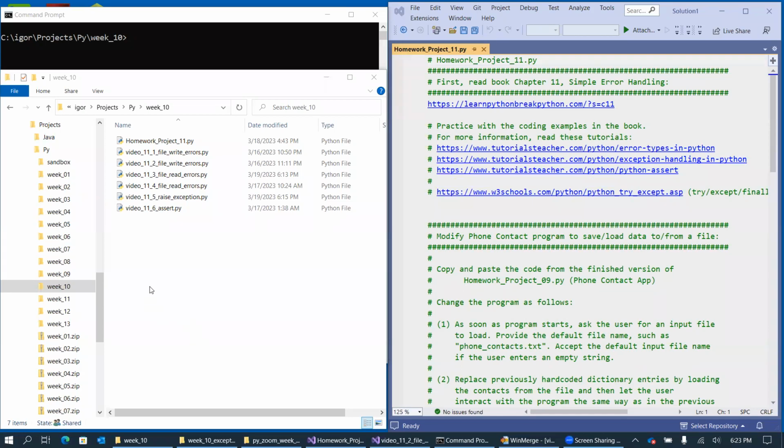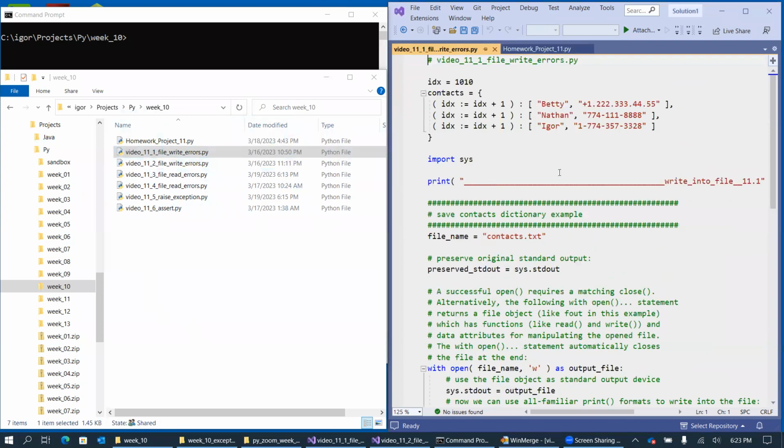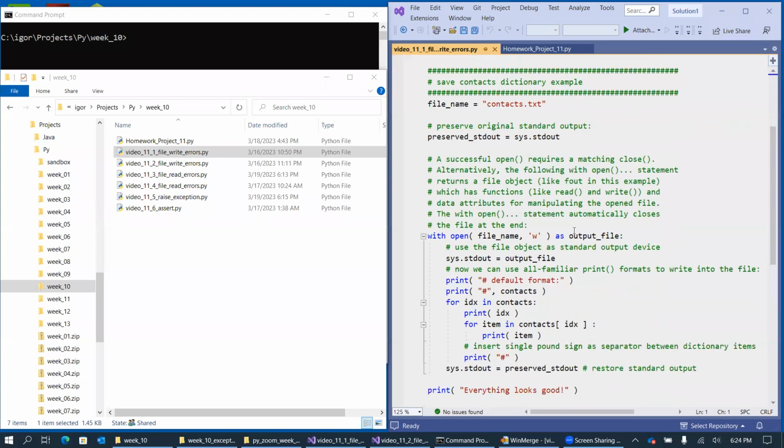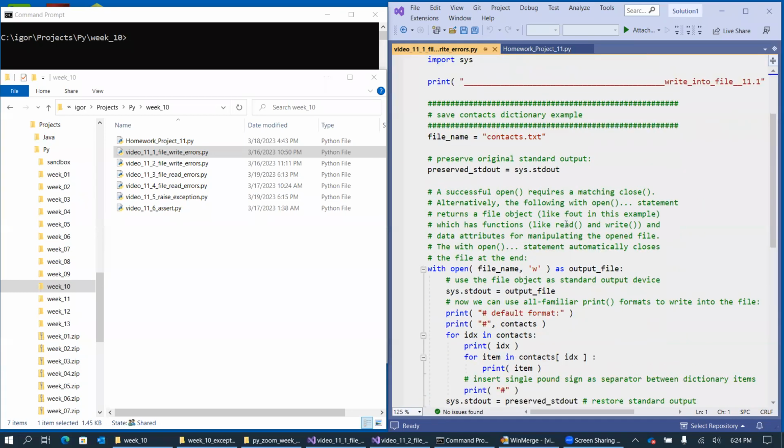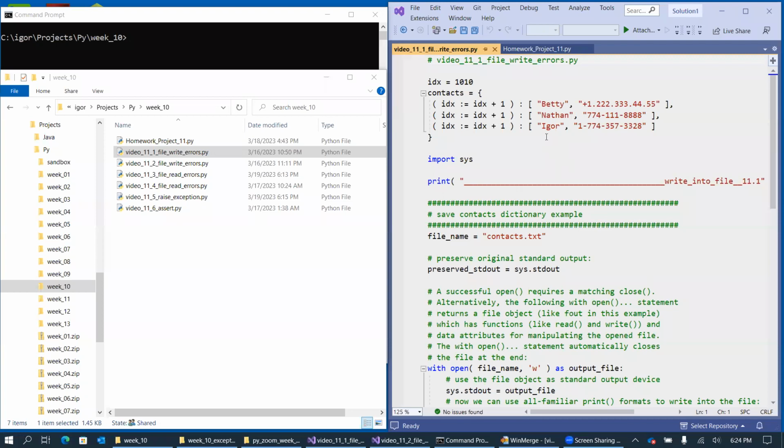Let's take a look at our first example in this series of videos, and you can see that I continue to introduce these saving and loading context dictionary to and from file, and this should be a direct help with your current programming project assignment. So this first sample is just simply a copy from the previous week, the program that saves dictionary structure into